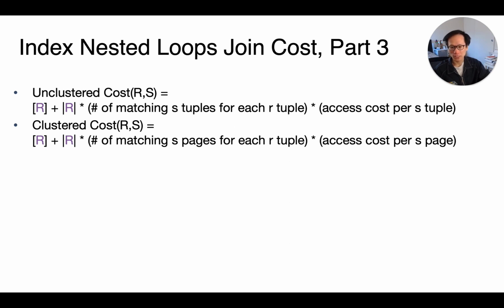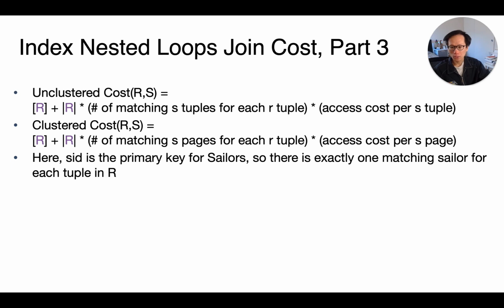One of them is based on a per tuple cost, while the other one is based on a per page cost. In our query, since SID is the primary key for the sailors table, we know there is exactly one matching sailor tuple for each tuple in the reserves table. So going through some specific numbers here,